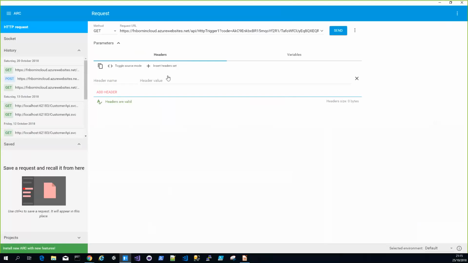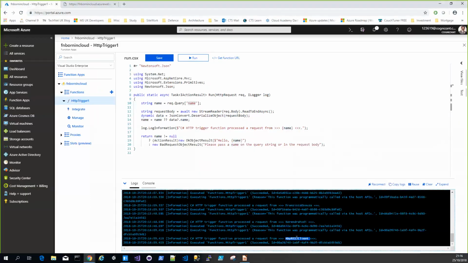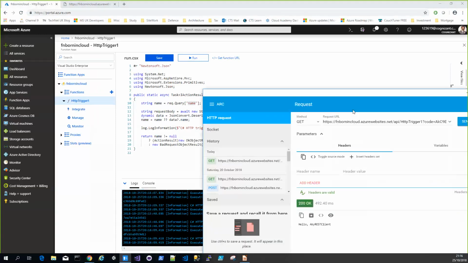Okay. So I've got my REST client here. It's just another tool that's attached to Chrome. What I'm doing is I've made a call, and I've got a hello from AB REST client. So if you look in my logs, you'll see AB REST client here. So I've made a call just now, but